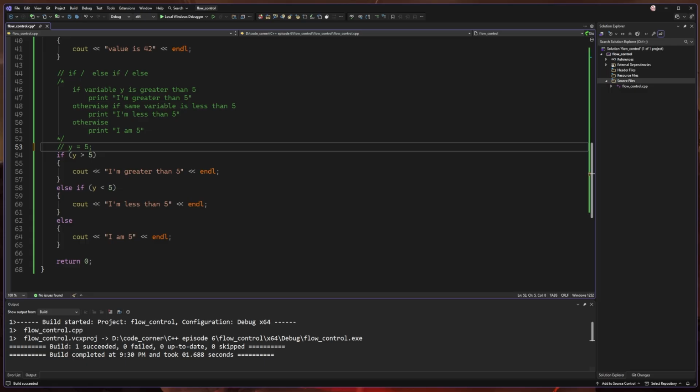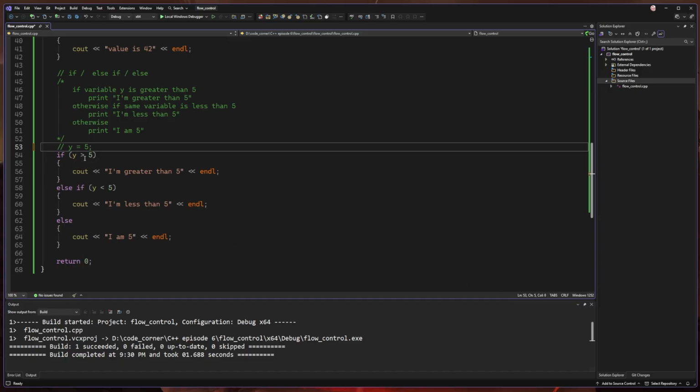You can do an if, else if, else if, else. You can just continue this over and over and over again. It does get very messy. There is a way we're going to work around that, but we're not going to talk about that quite yet. There is one more case that I want to talk about with if statements,